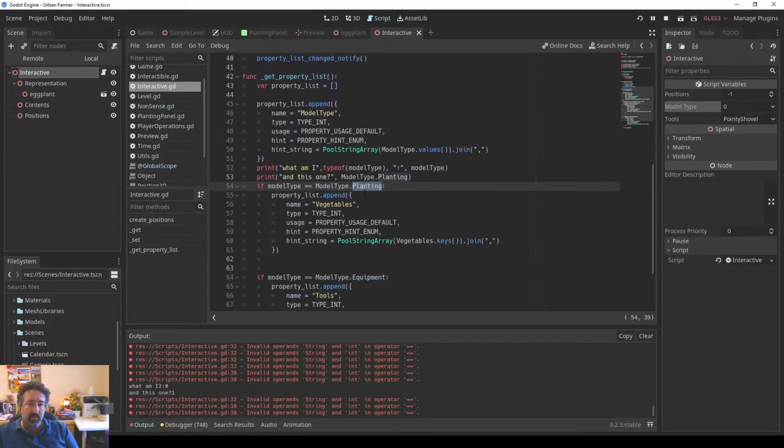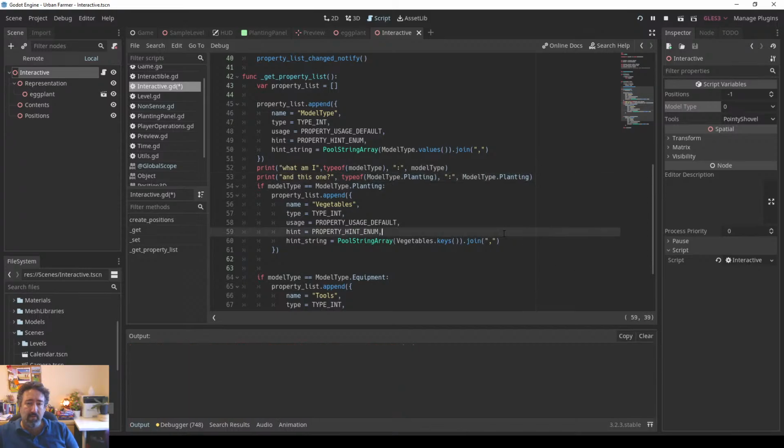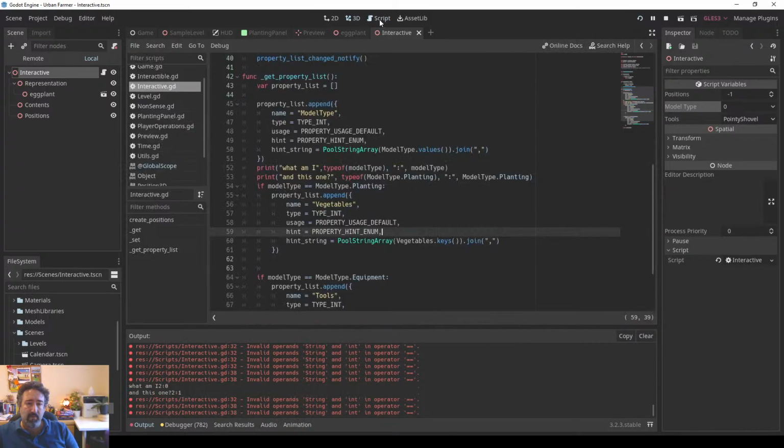thing here. I put equipment. I bet if I got the type of this, that's integer. So that was expected. So this is integer. Model type is integer. And yet when we do the comparison, integer to